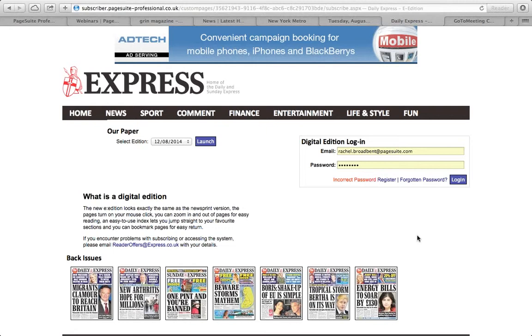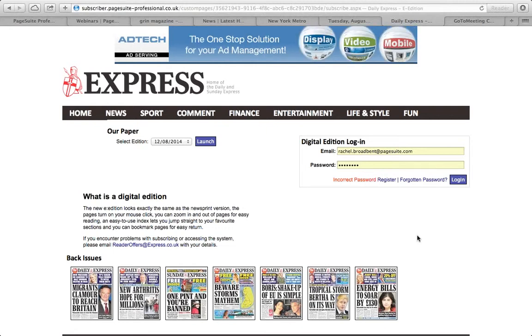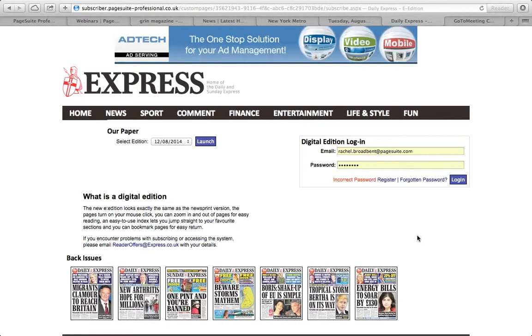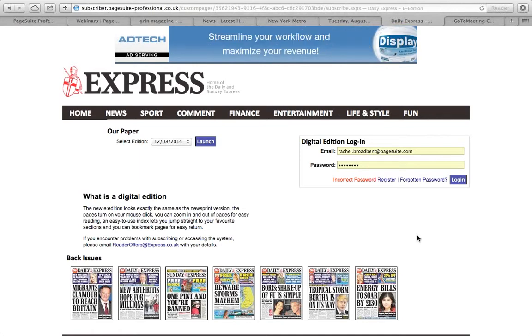We can integrate with almost anybody, and we do frequently. We have a new model set up for subscription integration that makes it a more seamless process. Our standard integration, as far as integrating with another provider, is email address and password. If your subscriber provider uses something different, like a username and password or just an email address to allow people access, we can integrate with all of that as well.